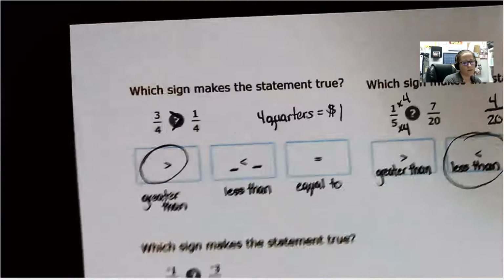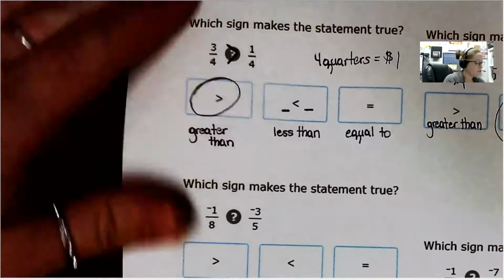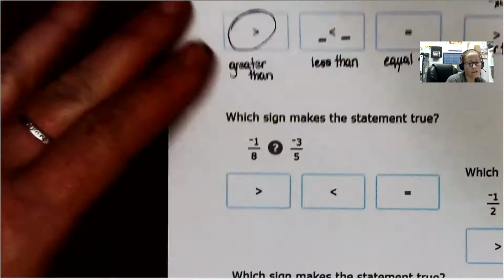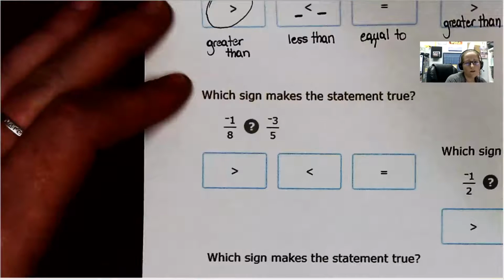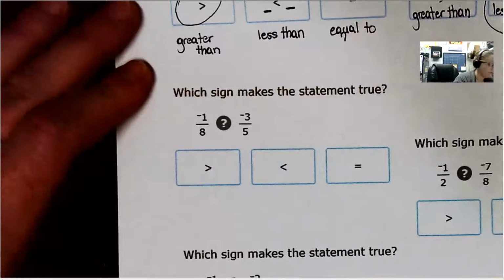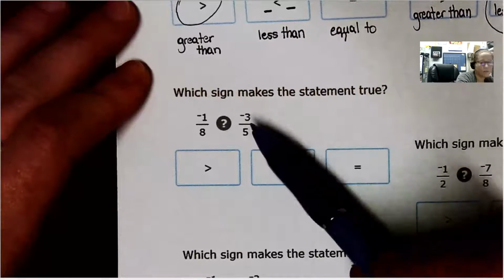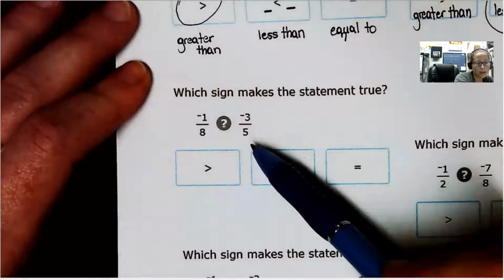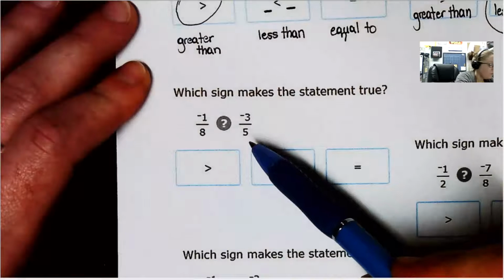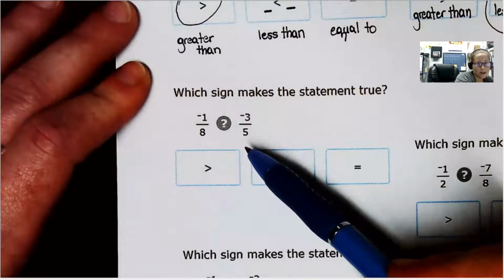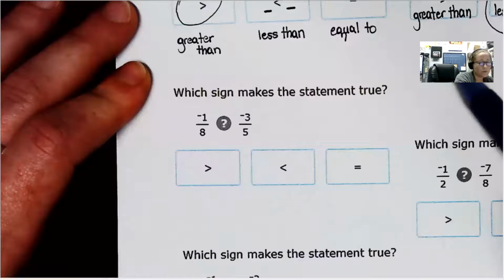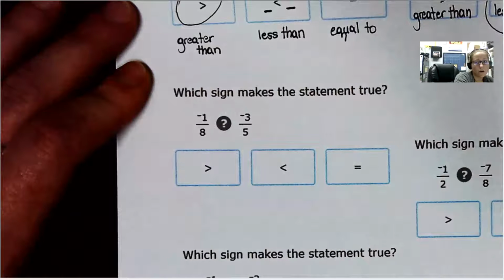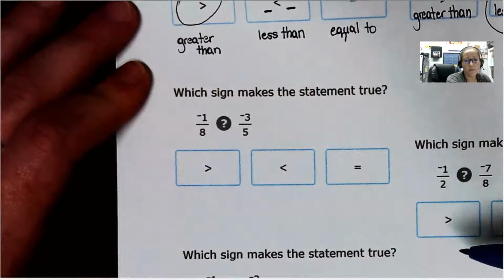What about this one? This is very similar to the one we just looked at. However, we're looking at -1/8 and -3/5. With the last question, it was nice because with 7/20, all we had to do was fix the other fraction and make the denominators match. However, with this one,